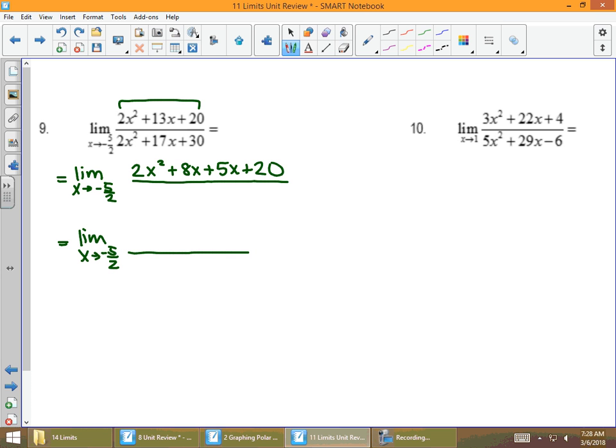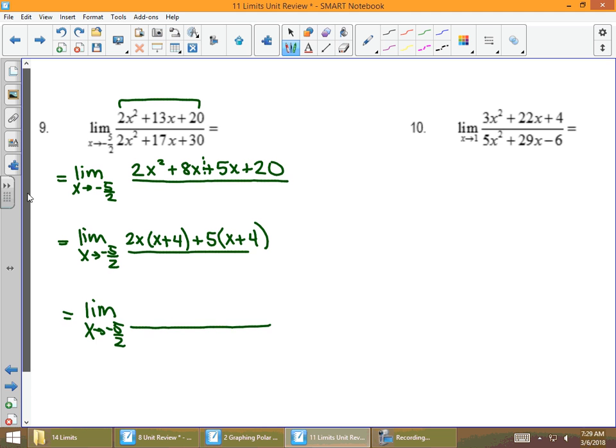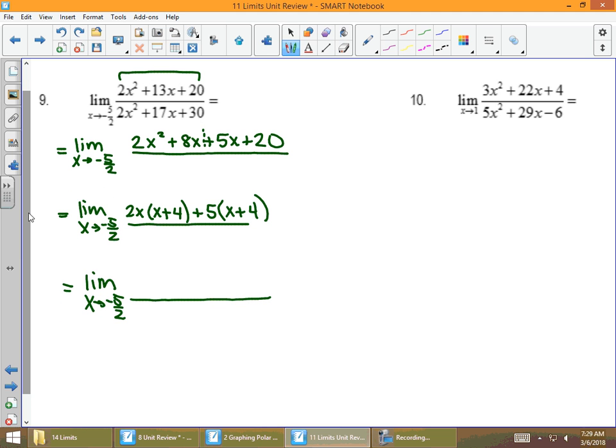So I can take a 2x out of my first two, and I'm left with x plus 4. My second two terms, 5x plus 20, I can divide out a 5, and I'm left with x plus 4, and that's good news because my parentheses should match. Again, every step is equal to the one above. That's very important. And here I have 2x plus 5